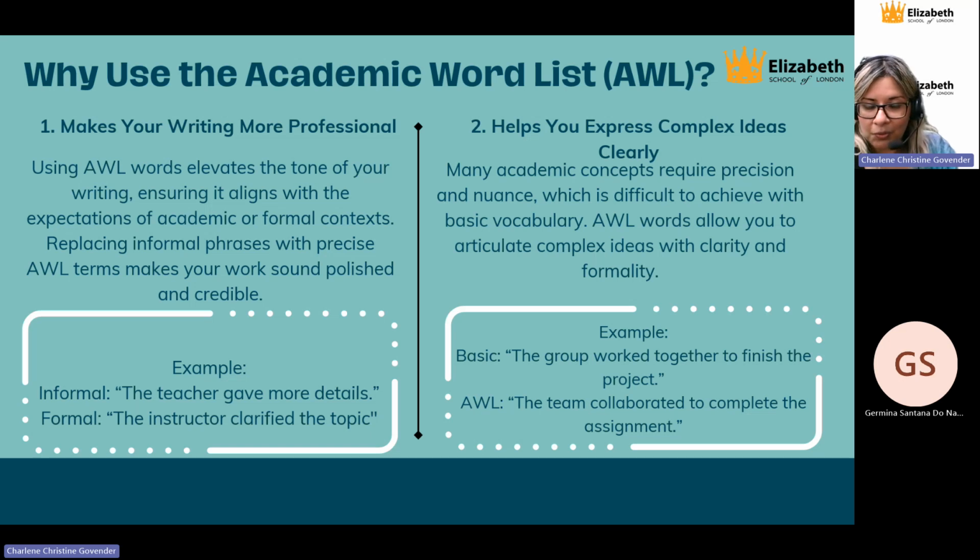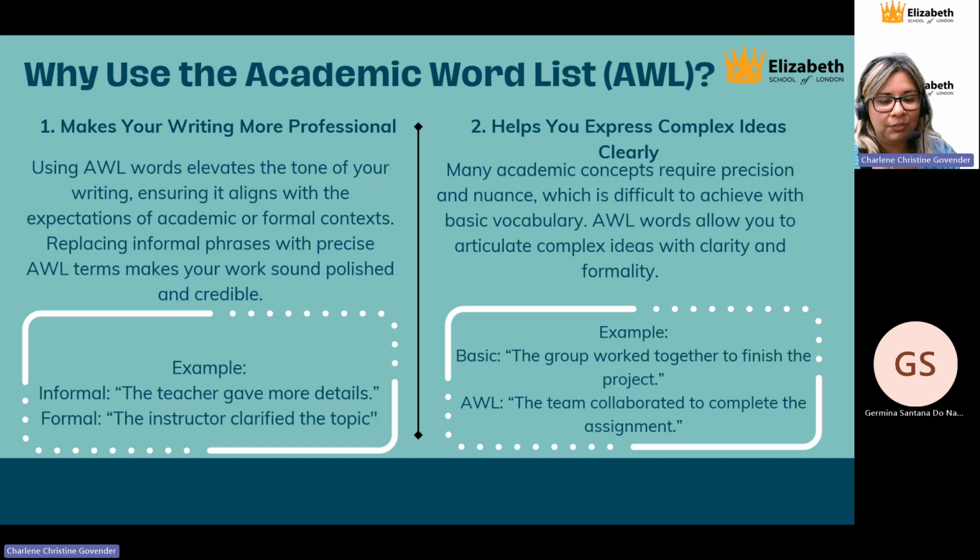Okay, so you have this list, well, 10 lists actually, 10 sublists. Why do you need to actually use it? How is it different from just using a dictionary and thesaurus if needed? Okay, so one of the main reasons for using the academic word list is that it makes your writing more